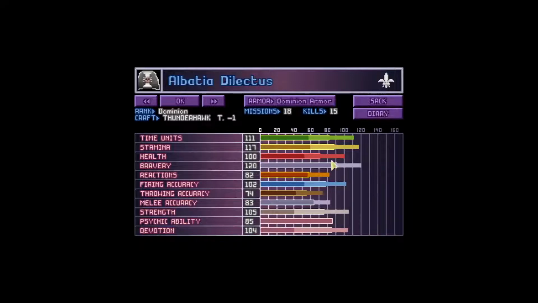Then there's health, which is how much HP they have. Then you got bravery, which is morale. Reactions, which is how easily they can shoot enemies moving. This is basically their Overwatch stat. It's used in rolls for that. Firing accuracy, which is shooting, throwing accuracy, and melee accuracy. You have strength, which is how much they can carry,